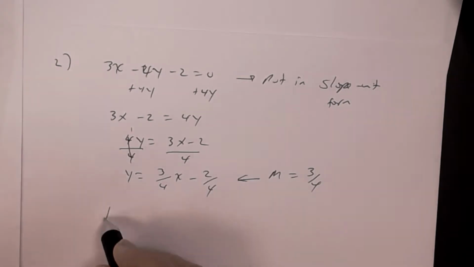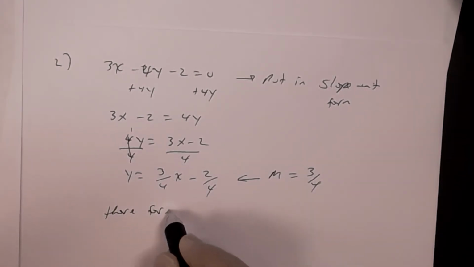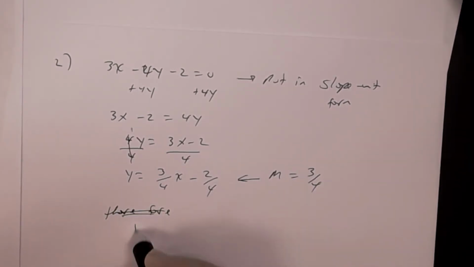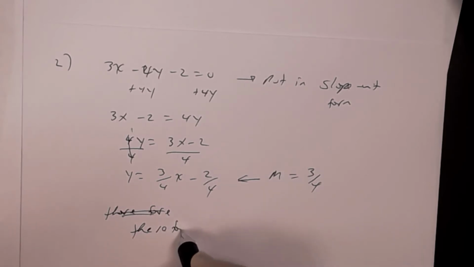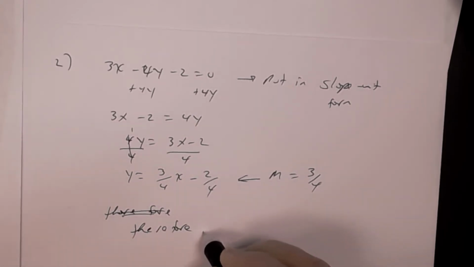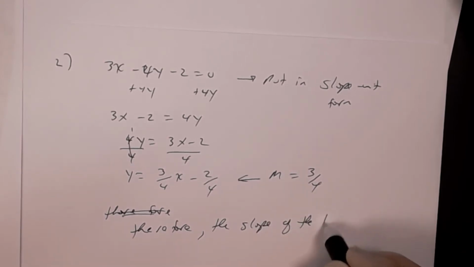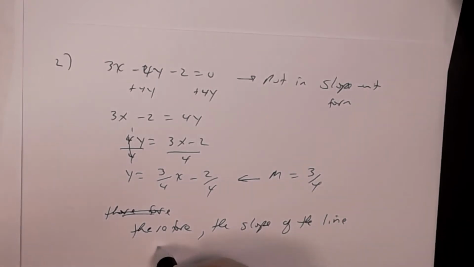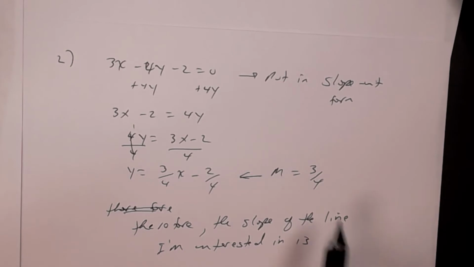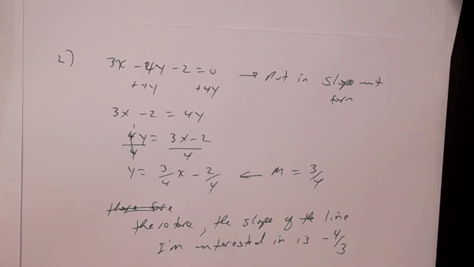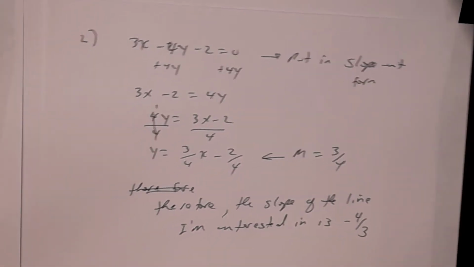So therefore, the slope of the line I'm interested in is the negative reciprocal of this. So it's negative 4/3. Okay? So now